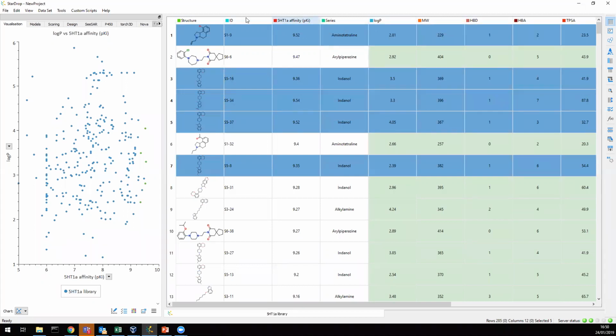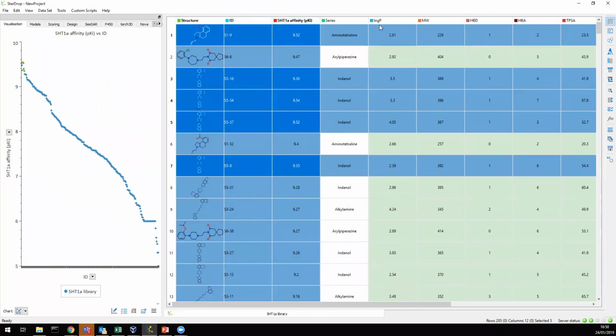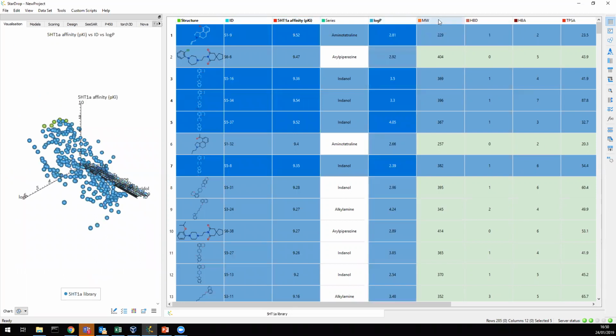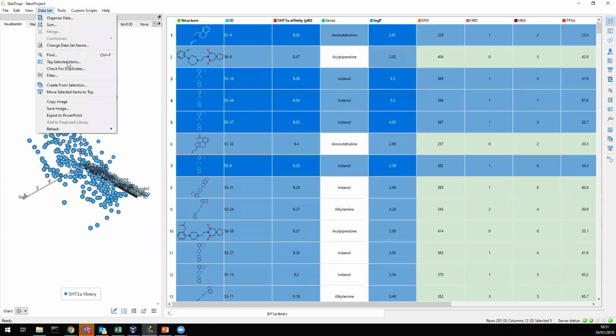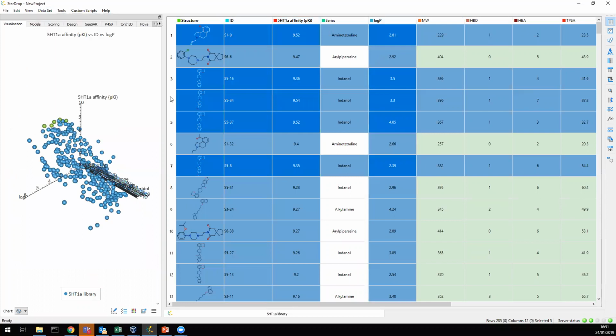And it could be that I'm interested in the ID, the structure, the potency, the log P. So what I'm really doing by selecting rows and columns is creating a subset of these so that I can create myself a small SAR-like table in PowerPoint. So if I select those and then choose Dataset Export to PowerPoint,